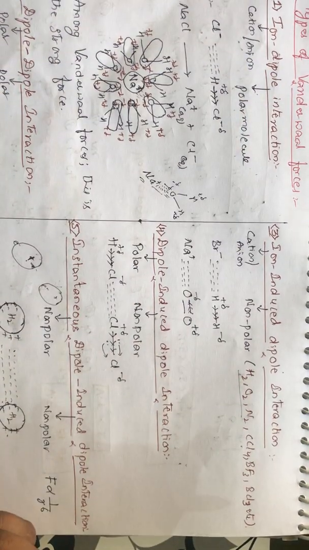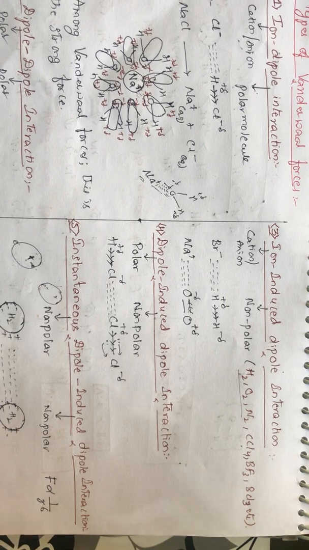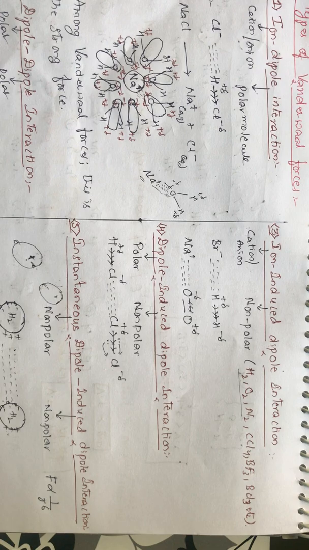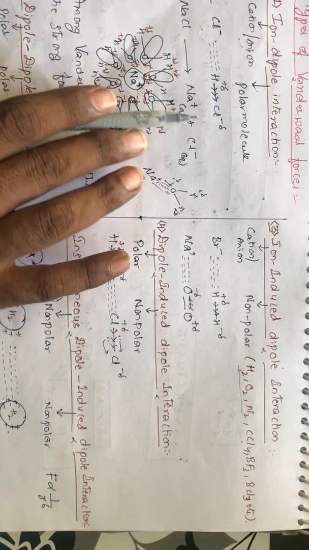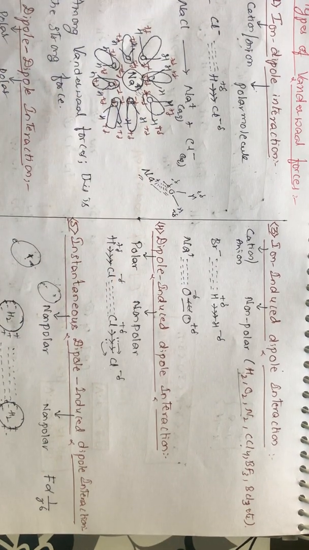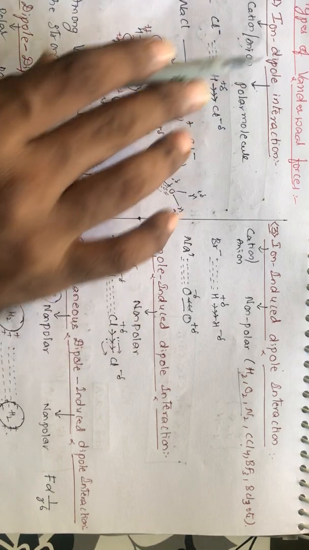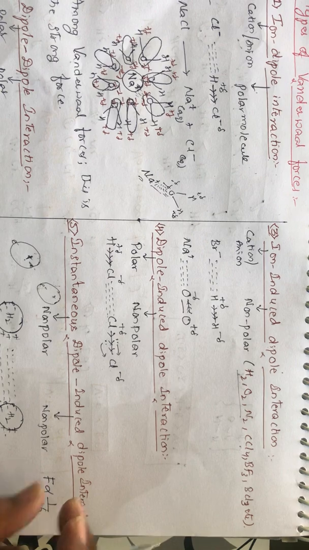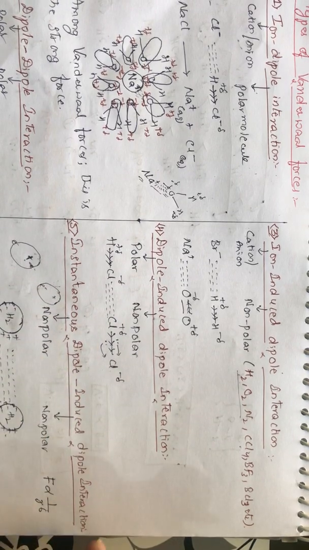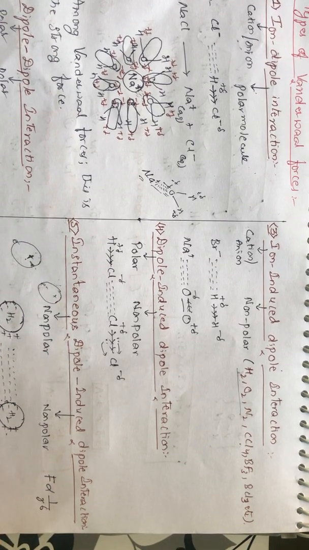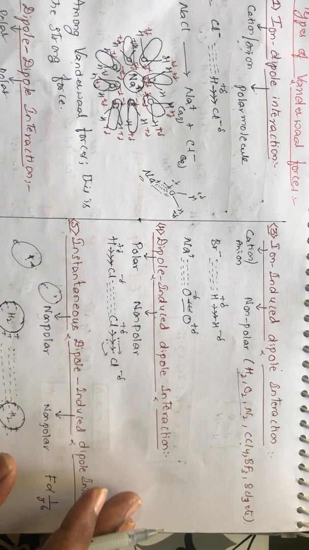And among these five, that is ion dipole, dipole dipole, ion induced dipole, dipole induced dipole, and instantaneous dipole induced dipole, the last one will be the very weakest. I am talking with respect to energy order. The first one requires a high amount of energy. The second is somewhat lesser than the first one, but greater than the third one. So 1 is greater than 2, greater than 3, greater than 4, greater than 5. The weakest among the van der Waals forces is instantaneous dipole induced dipole interaction, which is something like 8 kilojoules per mole, the fifth one, students. Right?